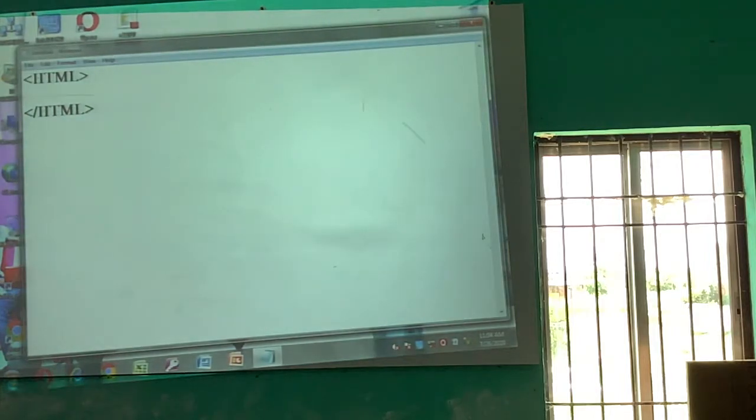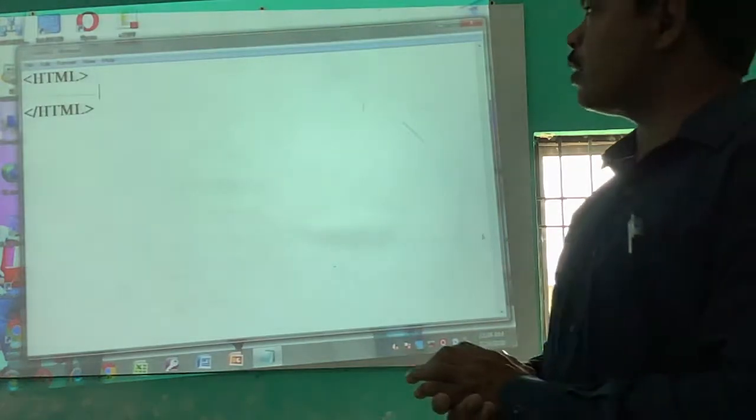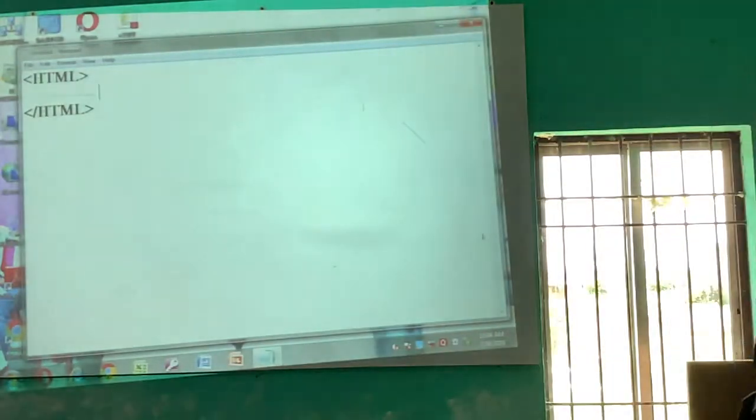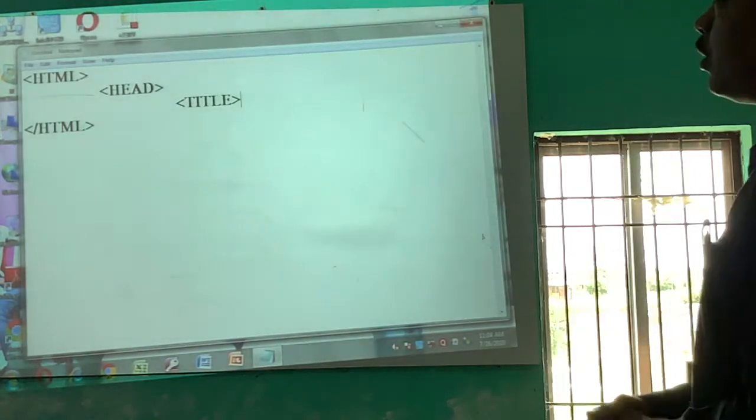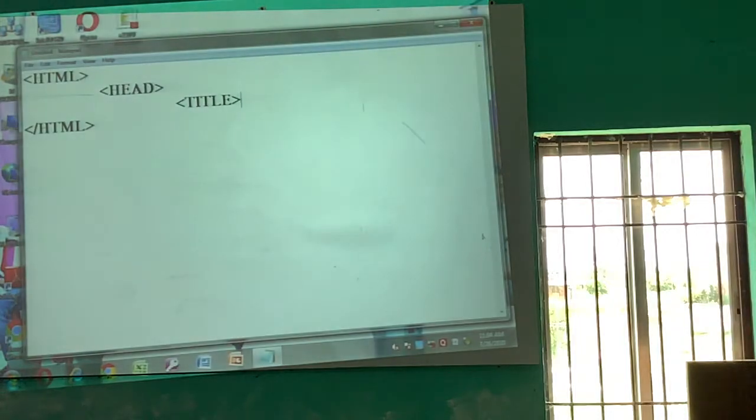Let's press the tab key to give some indentation. Here type head, then under head type title, then write your title here, such as my web page.